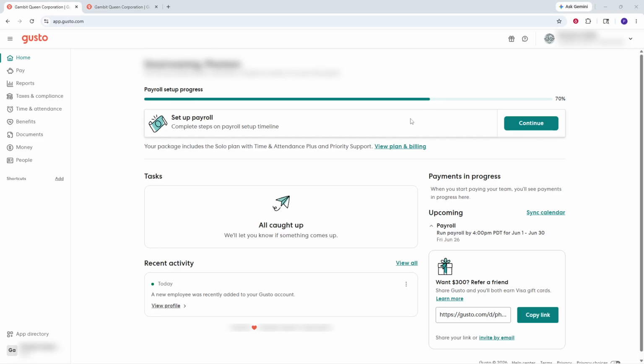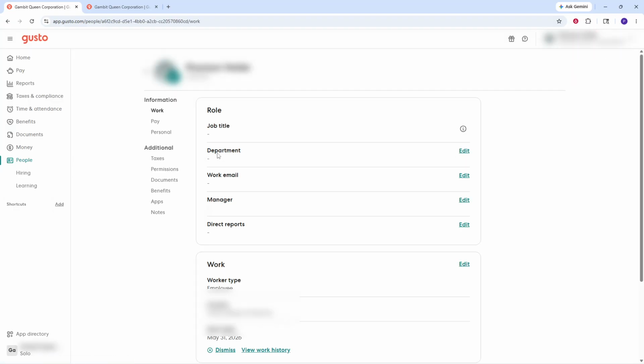In today's video, I'm going to teach you how to edit your pay details on Gusto Payroll. To get started, sign in to your Gusto account and open the employee profile you want to update. Make sure you're working on the correct employee before making any changes, since compensation updates can affect payroll records and